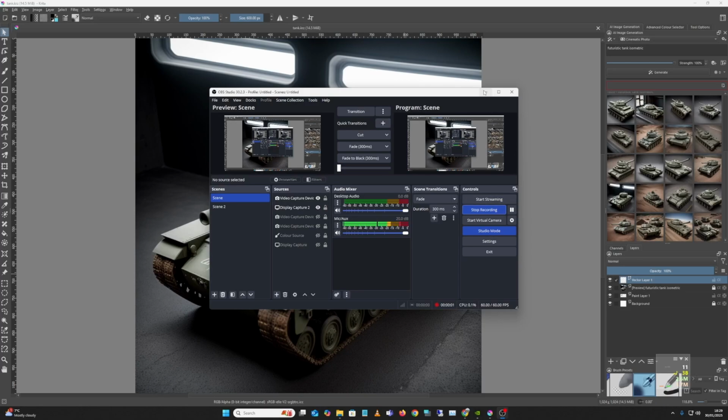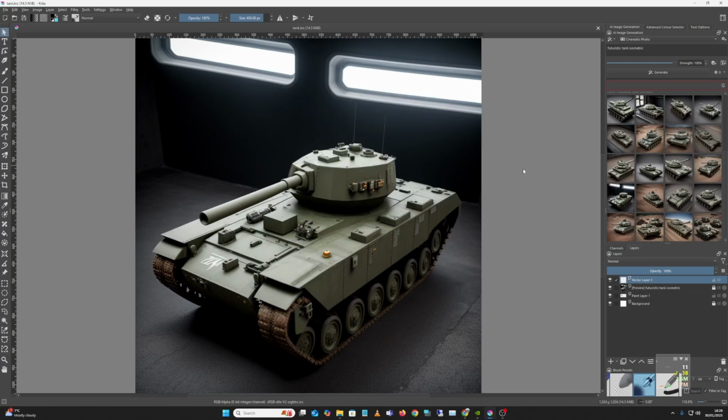Okay, I thought I'd make this video about the Yuan 3D object generator, which actually I think is better than the Microsoft Trellis one. The Yuan, I think that's how you pronounce it. That's made by Tencent, who own TikTok, I think. I could be wrong. So I'm in Krita using Stable Diffusion to generate a load of different tanks to run one of them through